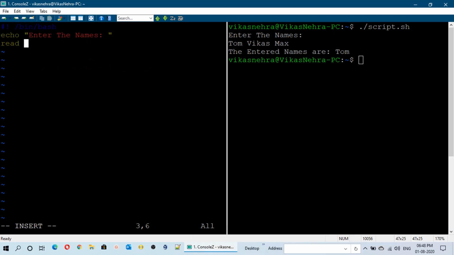Now I will show you how to take multiple inputs from the user and how you can store them in an array. For that, let's go to the left terminal, and here we will use the read -a operator. This is for the array, and we will use one variable here. Let us say the variable name is names.